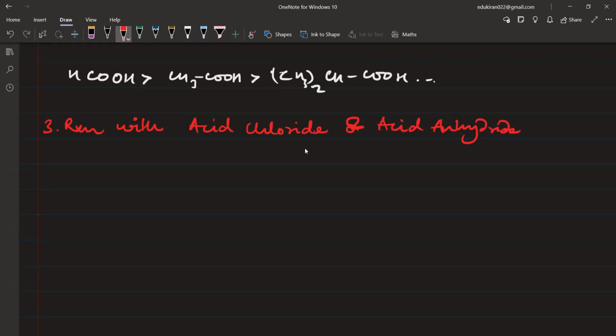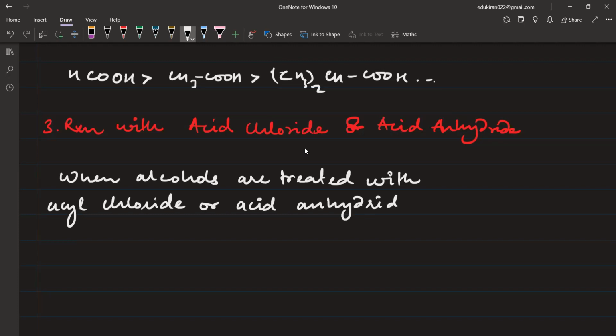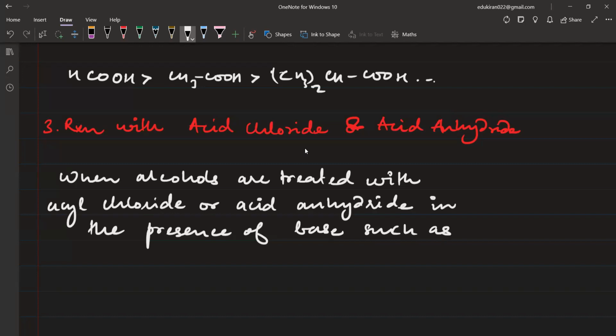Okay, and this you're going to write: when alcohols are treated with acyl chloride or acid anhydride, in the presence of base, such as pyridine,